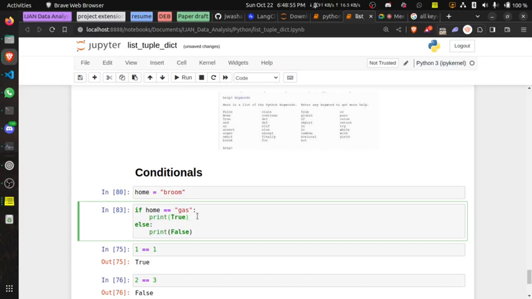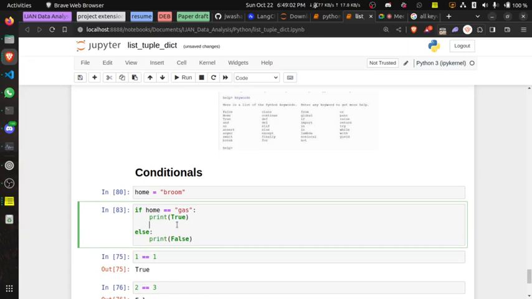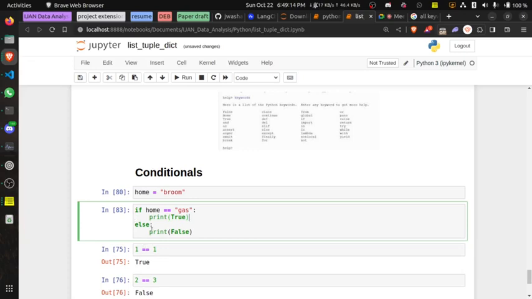When I press enter, it will normally come down, but because the else has to be on the same line level as the if, I have to take it back, which is what I did here. Like I said, the if and the else work alike. Since the if has this, the else has to have this also. So it has a colon, and immediately you put it, it automatically indents.